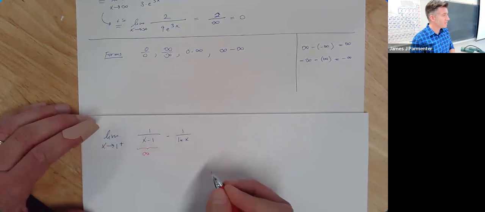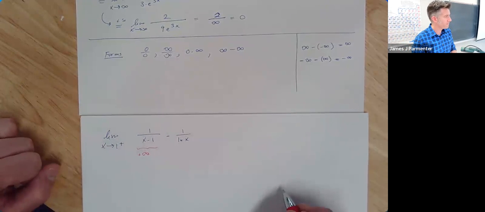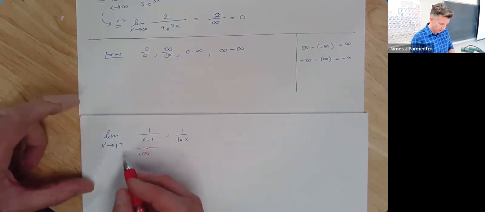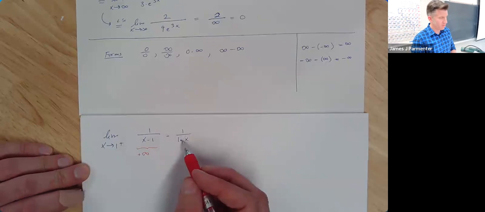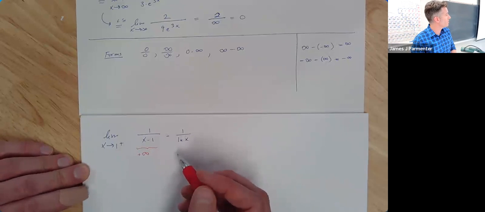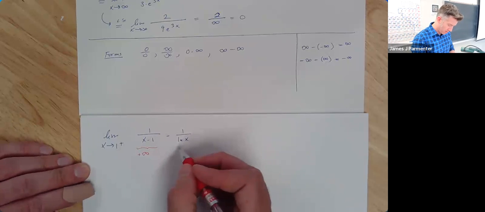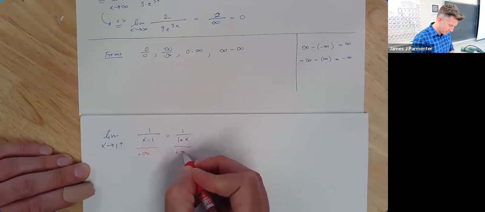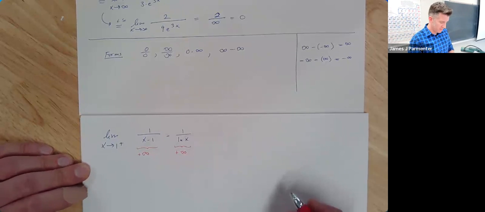And it is a positive infinity because that denominator is very slightly positive. In a similar way, if x is a little bit bigger than 1, then the natural log of x is just a little bit bigger than 0. So we still have a 1 over a slightly positive number. And this is also going to be a positive infinity. So we have infinity minus infinity,